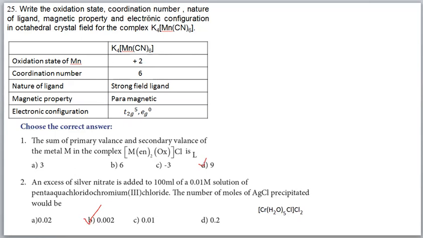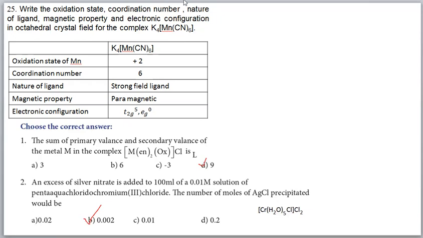Magnetic property and electronic configuration in octahedral crystal field for the complex. Then question number 25, write oxidation state, coordination number, nature of ligand, magnetic property and electronic configuration in octahedral crystal field for the complex